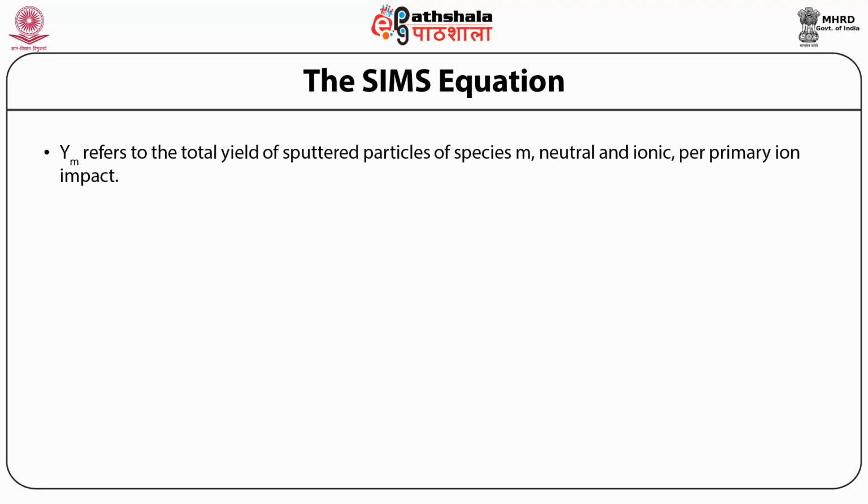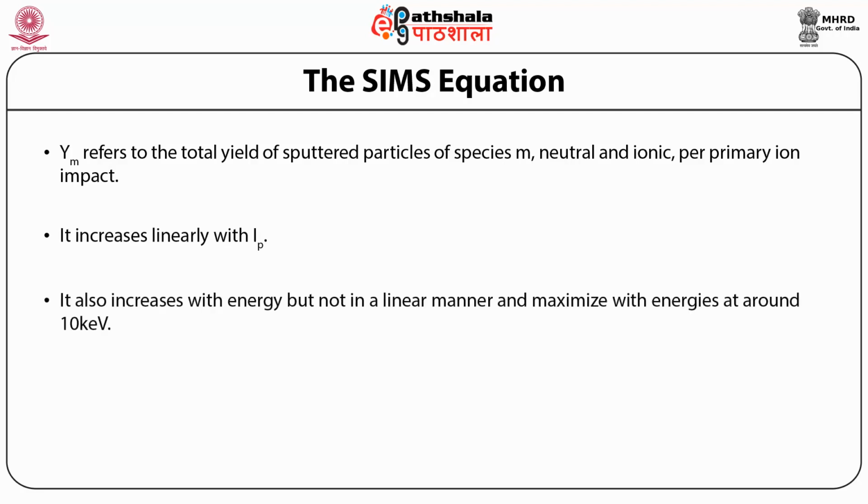Ym refers to the total yield of sputtered particles of species M. It could be neutral, the species could be ionic, and what is emitted per primary ion impact of these particles can be explained by this parameter. It increases linearly with Ip. It also increases with energy, but in a linear manner, and maximizes with energies at around 10